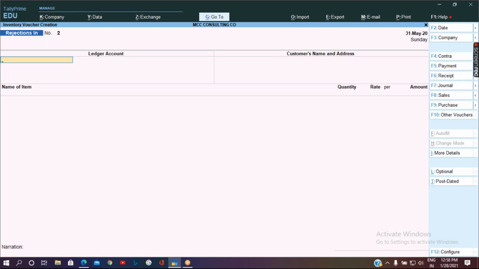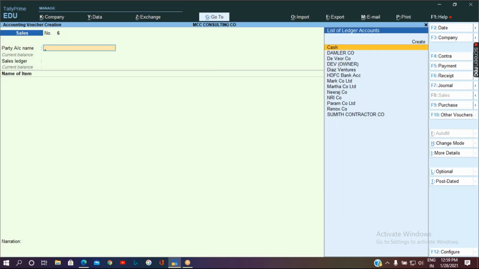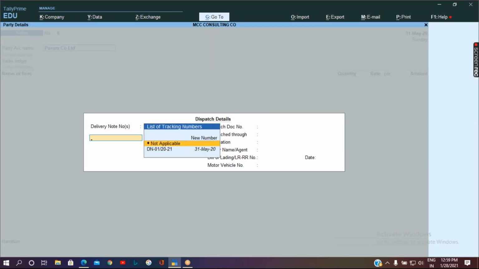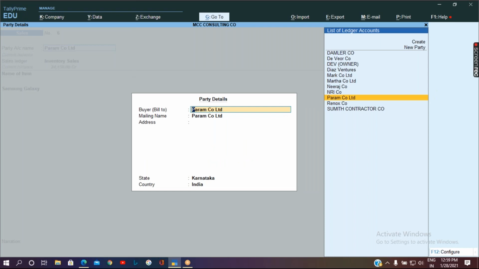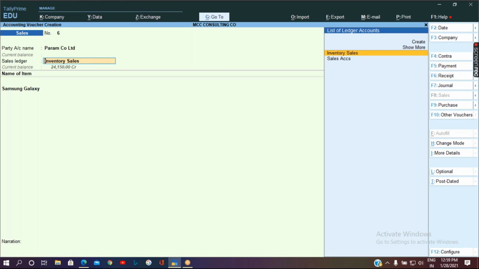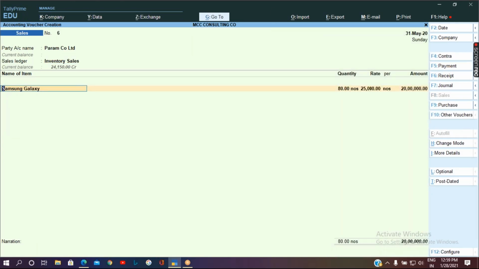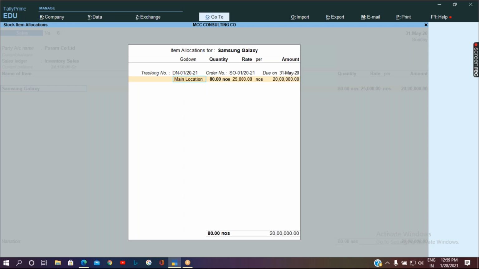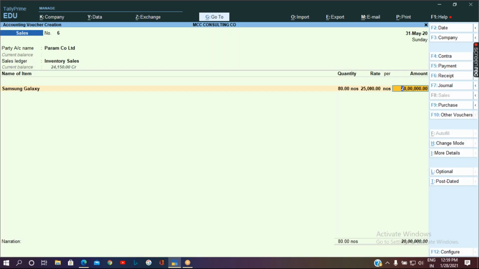Next we are going to pass sales, Param Company Limited. We will select the same delivery note number and accept it. The quantity which was pending is going to be taken automatically.